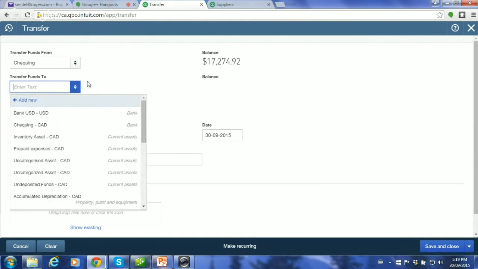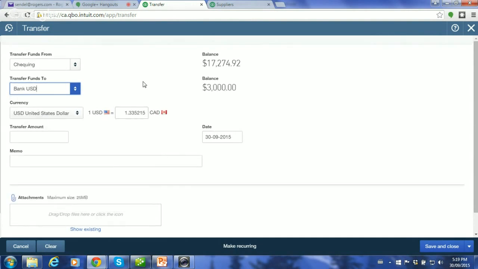It's really quick. But the question before us is, I have a U.S. bank account and a Canadian bank account. So let's say I'm moving, I don't know, we're going to move $1,200. We know we're moving 1,200 U.S. And the reason I'm saying U.S. is whether your U.S. bank's at the top or your U.S. bank is at the bottom.